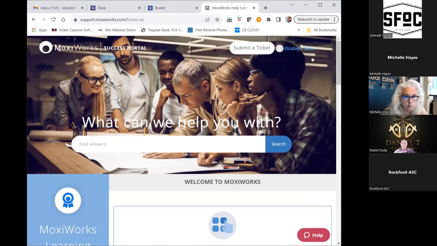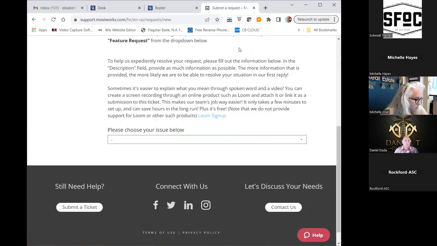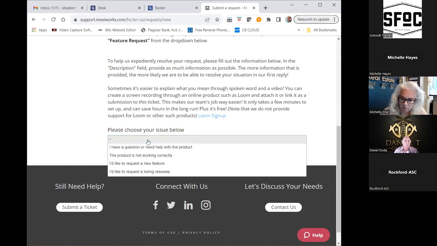First of all, if you know there is an issue with your account, let's say you talk to the RSC, ASC, whoever, and we know there's some kind of issue that needs to be troubleshot with the troubleshooting team at MoxiWorks, you can actually submit a ticket right here. On the very top, on the right-hand side, you can put in a new known issue. So for example, if I were to click on Submit a ticket, I could do this on behalf of myself for my own Moxi account, or I can do this on behalf of somebody else. It's just going to make you run through very quickly.